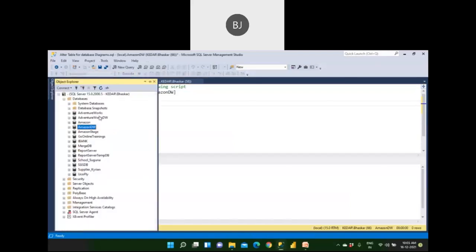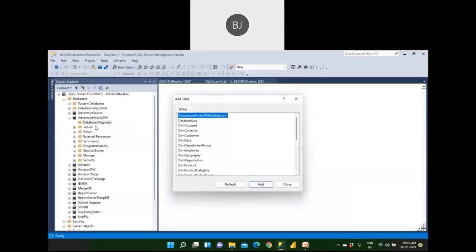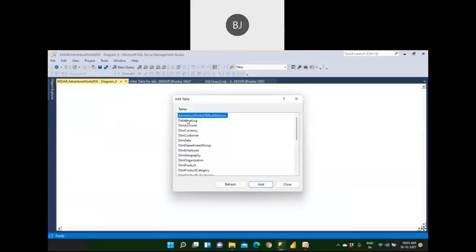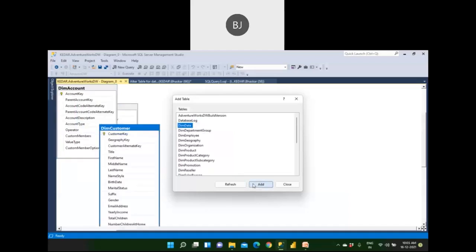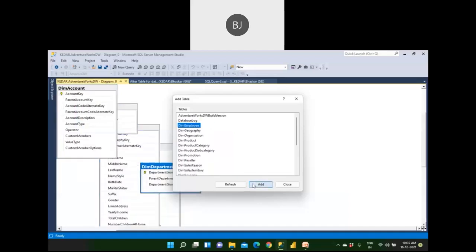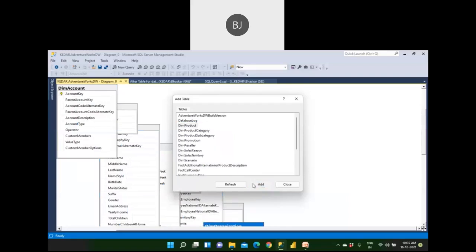Now I have one more database, AdventureWorks. This is not created by me, this is given by Microsoft for learning purposes. So let me open it and see what kind of diagram, what kind of schema it is. Let me go, and these are the things. Let me take only the dimension tables, not the other tables. Dimension currency, dimension customer, dimension date, dimension department group, employee table, geography table, organization, product category, a lot of tables are